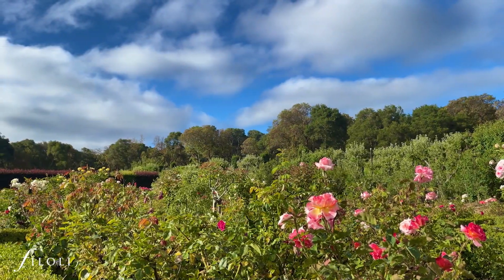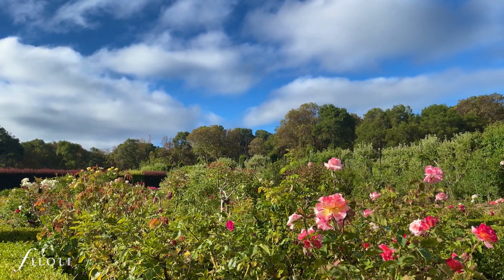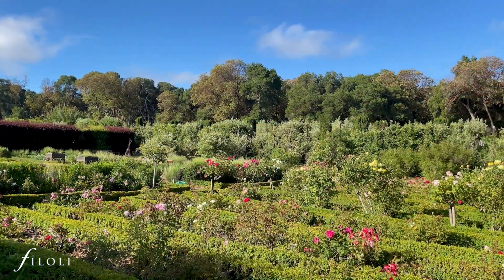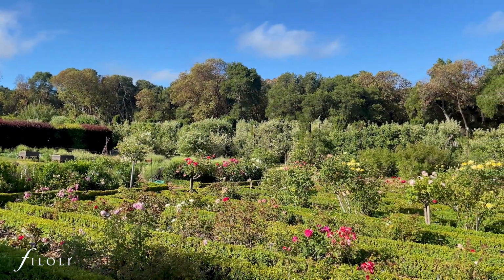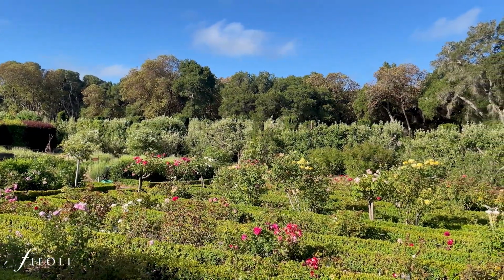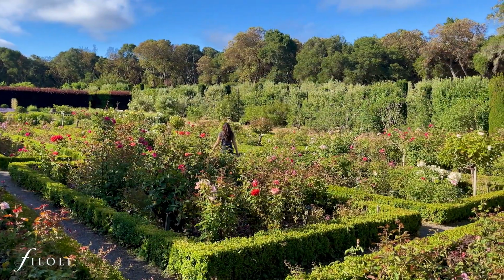Welcome to Filoli's Rose Garden. During summer, more than 500 rose bushes, representing 150 different varieties, burst into bloom on the estate. Book your ticket at filoli.org to enjoy them during golden hour, when we are open late on Thursdays for summer